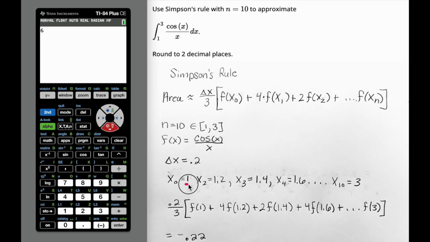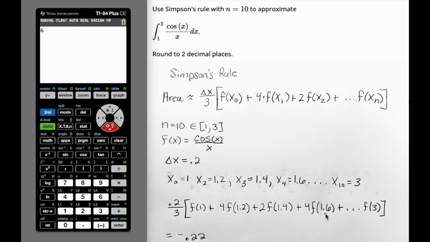Now, because we're starting at 1 and our width of each rectangle is 0.2, here are the values that we have. We have 1, and then if I add 0.2 to get to the edge of the next rectangle, it's 1.2, then 1.4, 1.6, etc. And then when we get to x10, that will give us our last endpoint, which is 3. So when I start plugging in these values here,